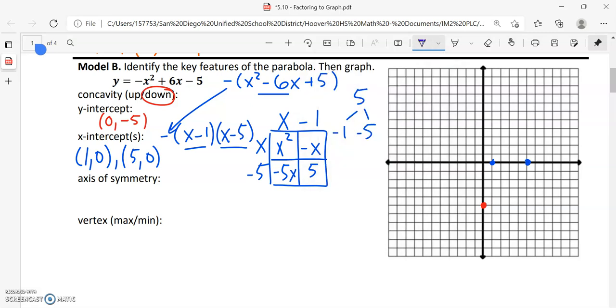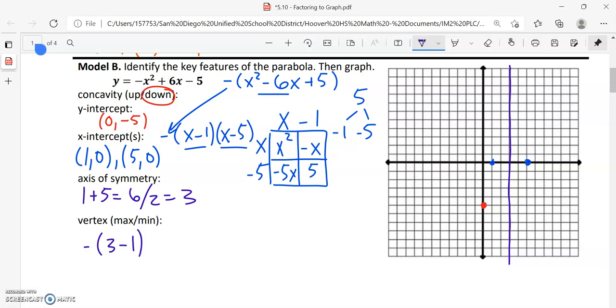Looking at our axis of symmetry, we can tell that it's going to be in the middle of our two x-intercepts, which is going to be right here. And we can count that over, which is going to be 3. The other way to do that would be 1 plus 5 equals 6. Divide that by 2, which equals 3. 3 is going to go into our equation, so